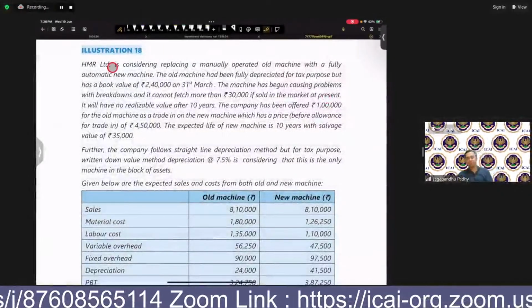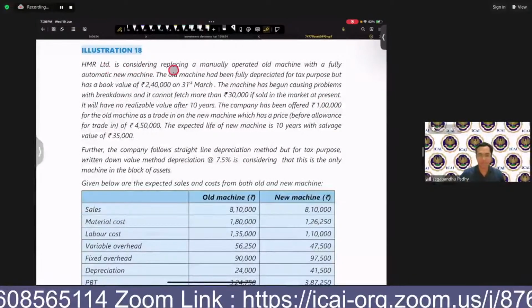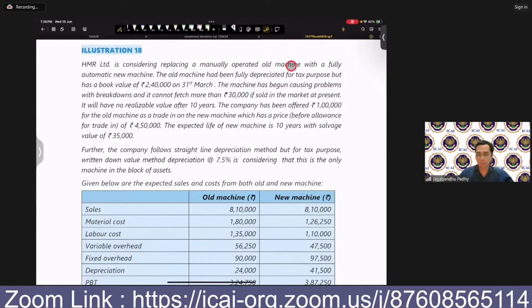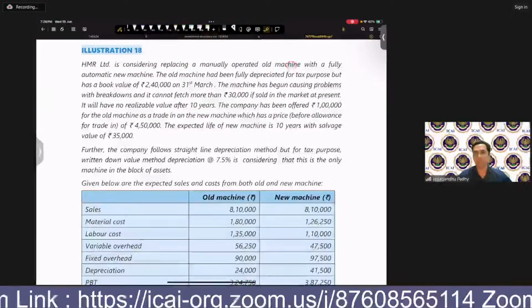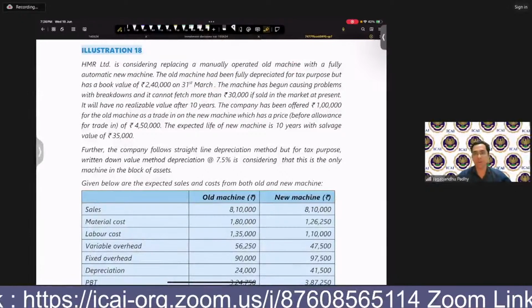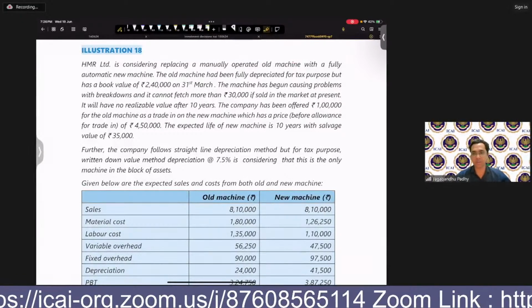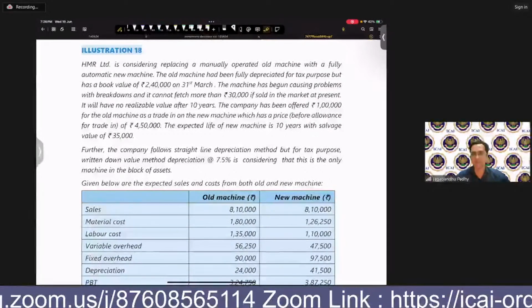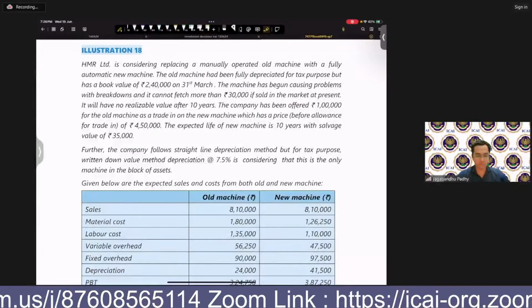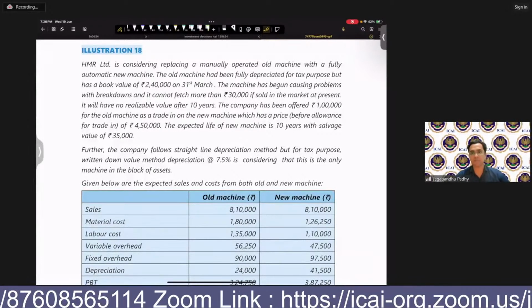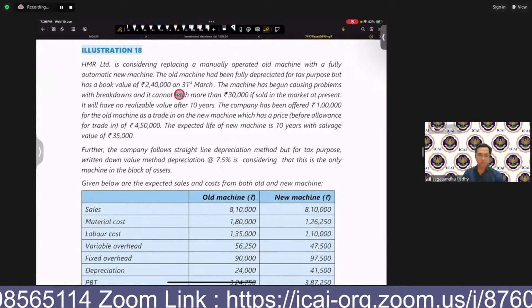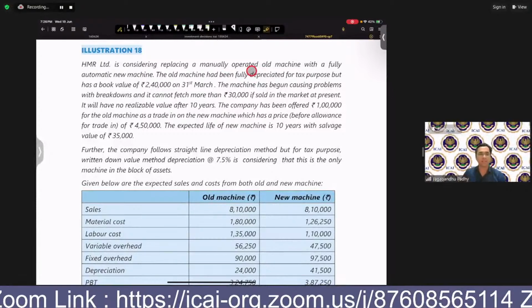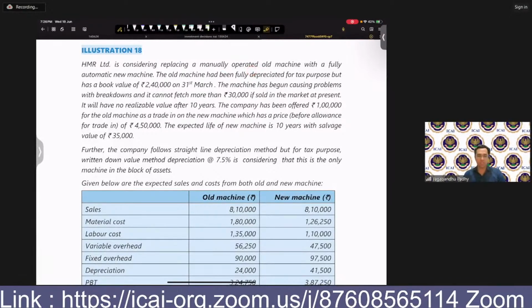Let's look at the question first. So we have HMR Limited is considering replacing a manually operated machine with a fully automatic new machine. So we're looking for replacing old machine with a new one. And this new machine is going to have some sort of other different characteristics as compared to the old one. The old machine has been fully depreciated for tax purpose. So in the income tax, we have fully claimed the depreciation of this old machine,